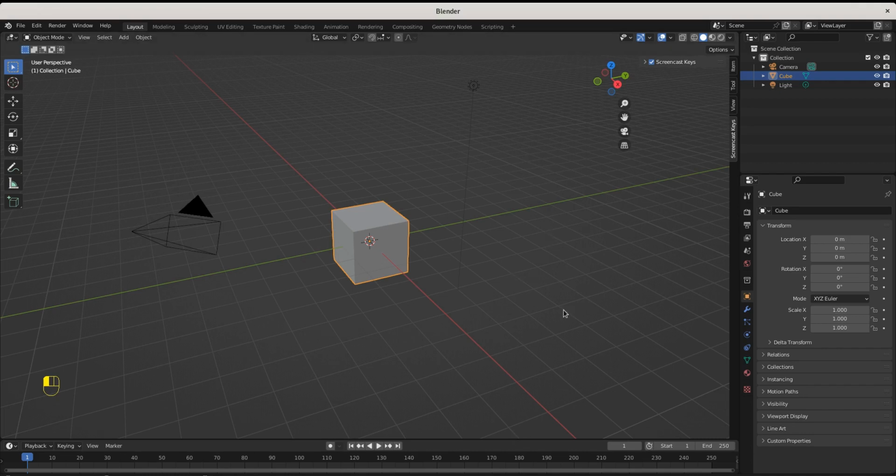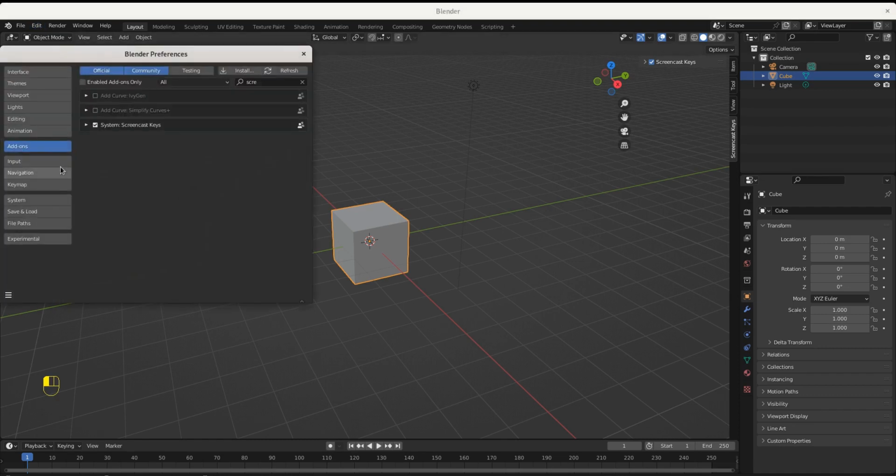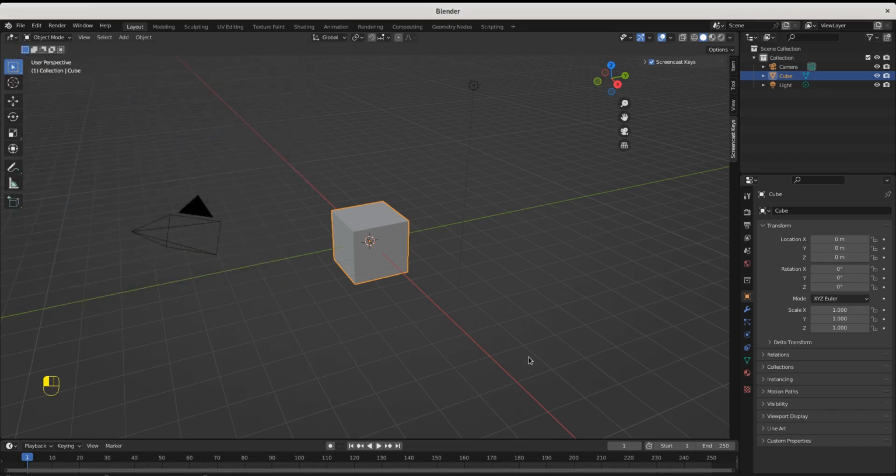Okay, let's jump into it. First thing we want to do is come up here, edit preferences, and then go to our add-ons. We want to make sure an add-on called Loop Tools is green-lit. Do you want to turn this on? We're going to use that later. Once Loop Tools is enabled, we want to save and load, and then click out of that.